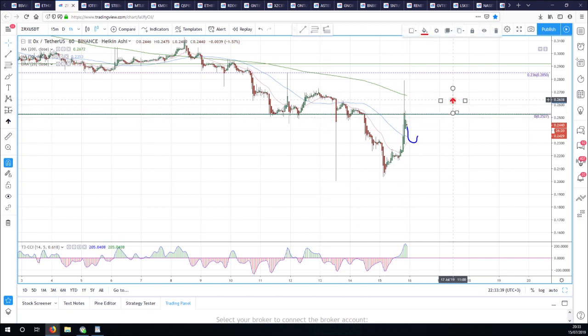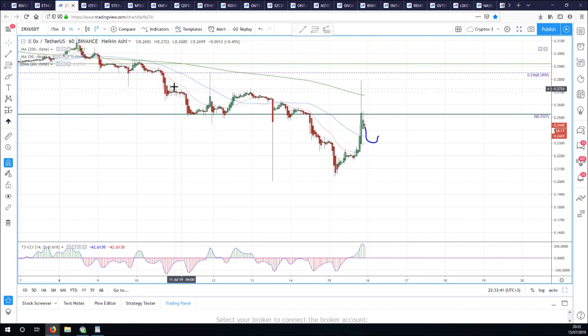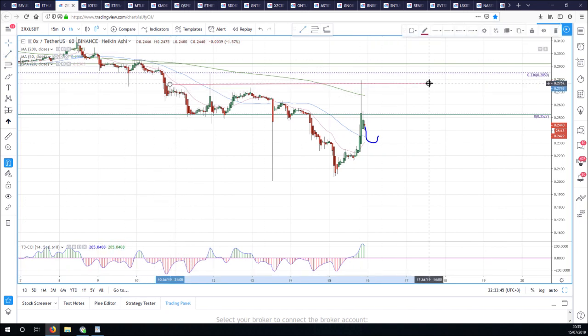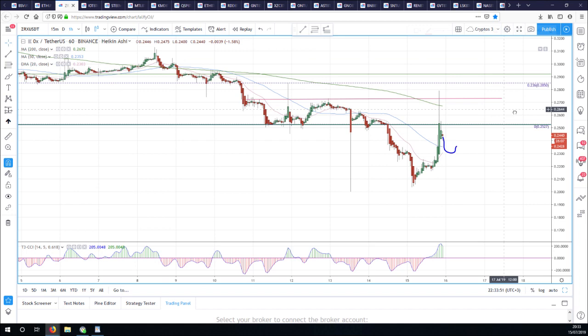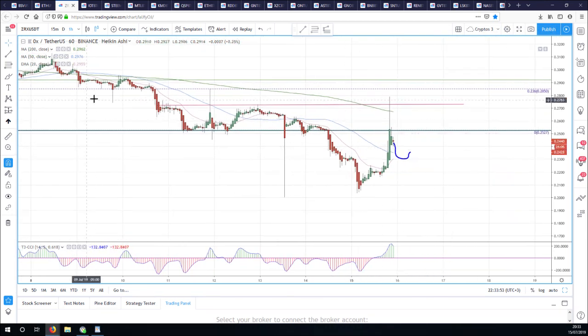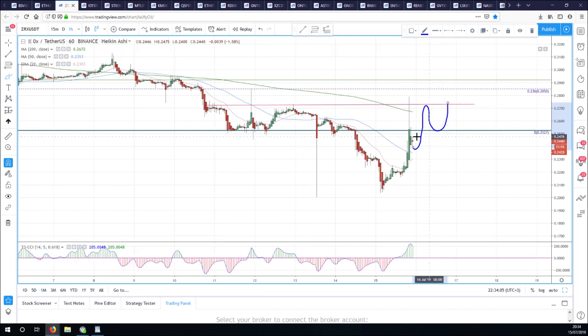A safer way to trade this would be, let's look at these highs and we'll bring it down to this high in the middle. We'll call that our level. And there around that 200 moving average. So a safer way would be to let this get above, let this pull back, get above this level, come back and then retest in this zone and kind of build a base like that. That would be a much better look.